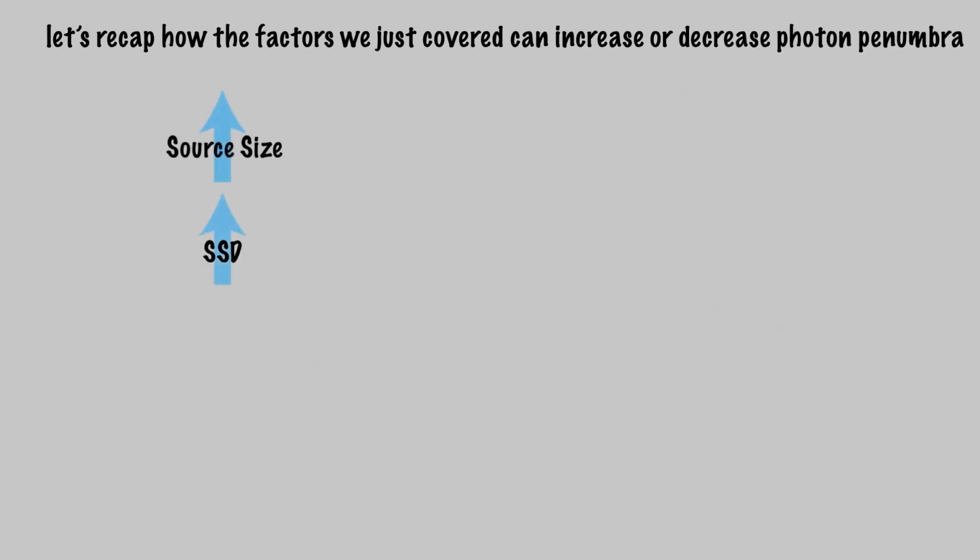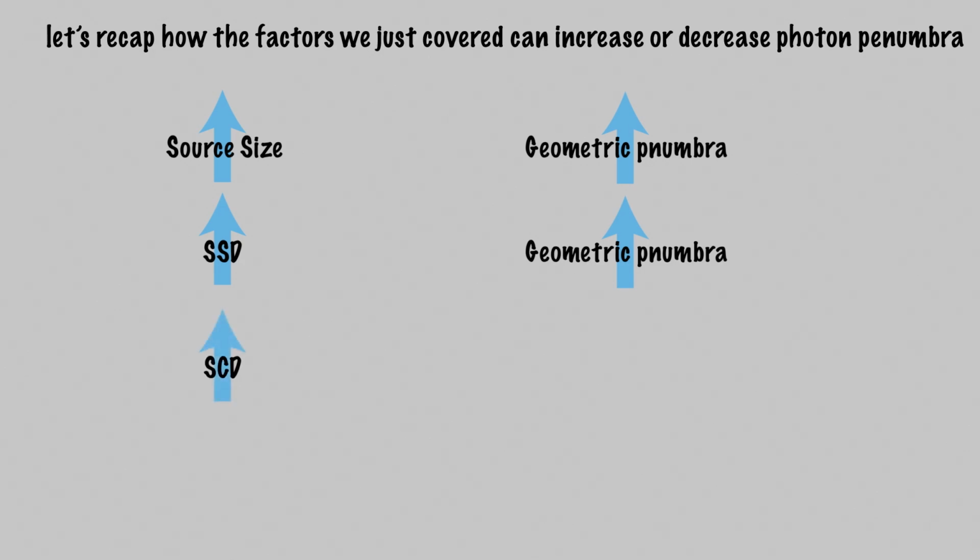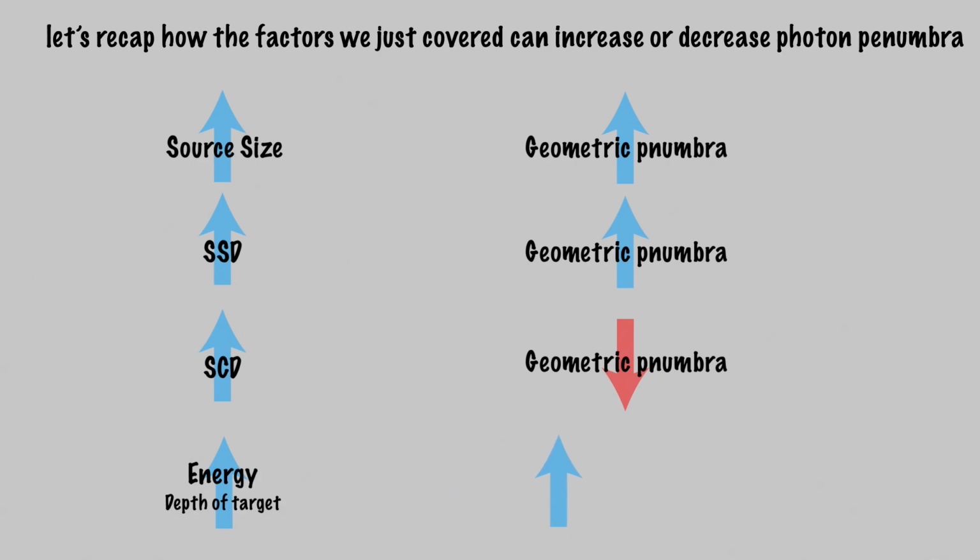Increasing source size or source to surface distance will both increase the size of geometric penumbra. Conversely, increasing source to collimator distance will decrease the size of geometric penumbra. Increasing beam energy, as commonly used to treat deeper targets, results in a longer range of secondary electrons and therefore a larger radiologic penumbra. Unfortunately, we don't have time to go through sample calculations, but if you need to compare